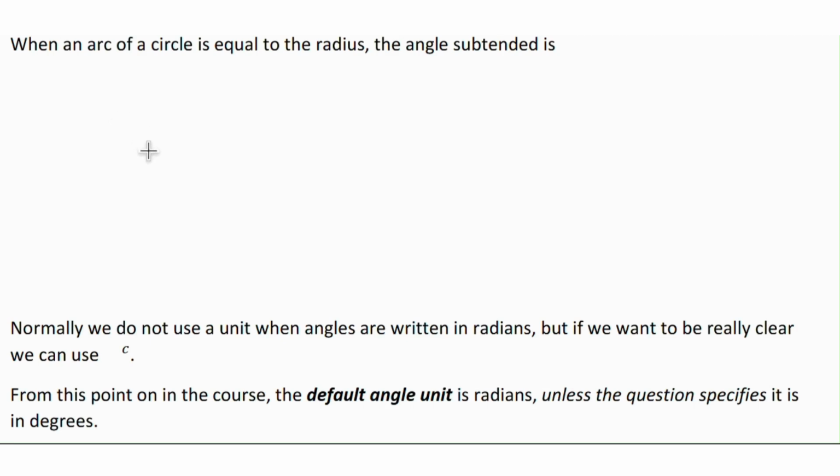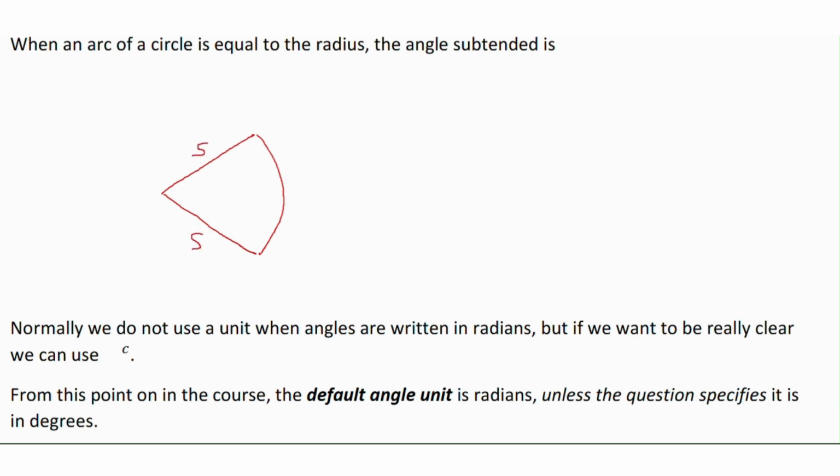But what actually is a radian? Consider an arc of a circle. When the arc of that circle is equal to the radius, so if this length here is 2, this length here is 2, this length here is also 2, or if this length here is 5, this length here is 5, this length here is also 5,